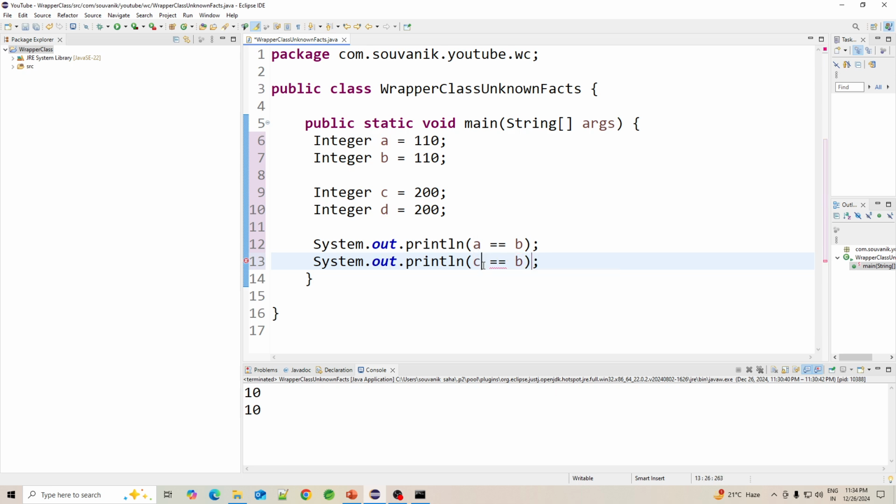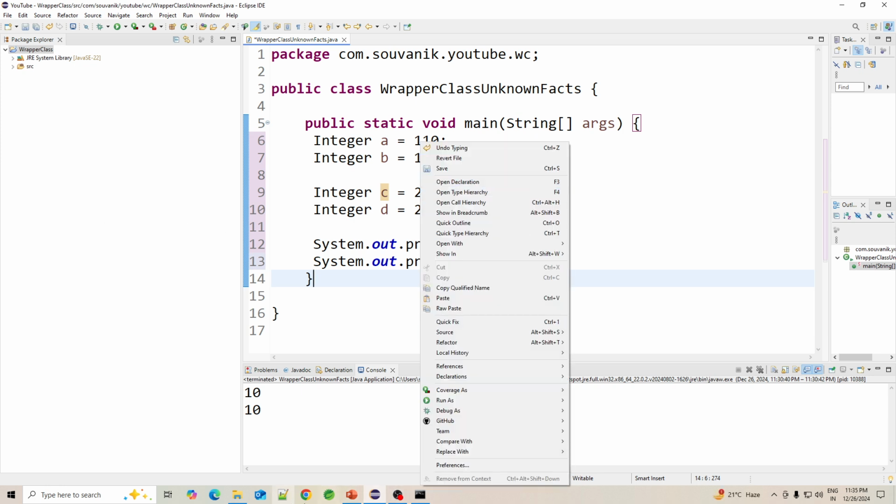So I have a total of 4 variables, all of Integer type. What do you think the output should be when we compare the first two Integer objects with double equals, and the next two Integer objects with double equals? Let's see, and after that I will tell you why it is happening.